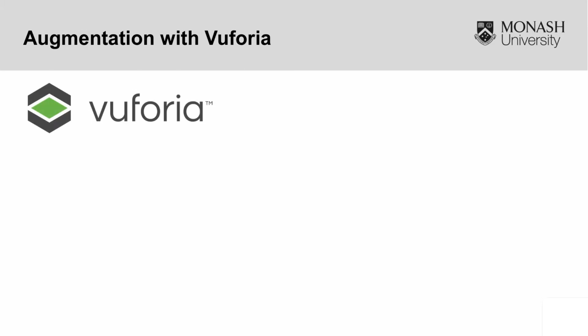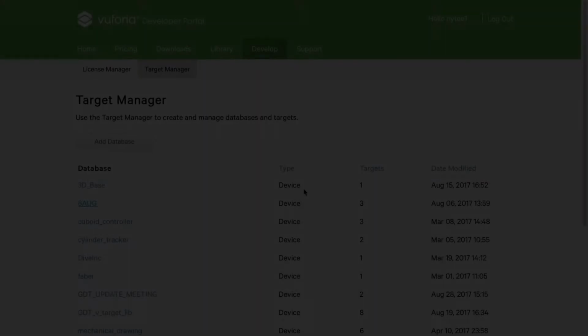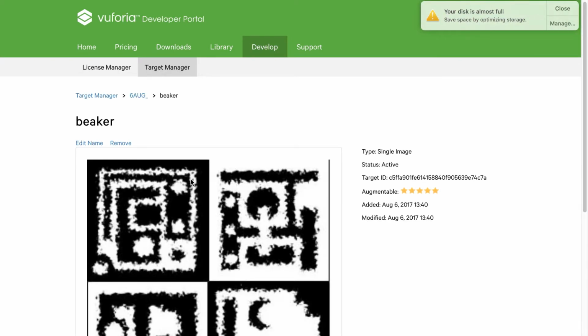Augmentation with Vuforia. Vuforia is a software development kit that enables the creation of AR applications. It uses computer vision technology to track and recognize planar images, 3D objects, text writings, and more. In the case of the project, a 2D base marker and a 3D object target are used. For a 2D image target tracking in Vuforia, the image would just have to be uploaded into the Vuforia developer